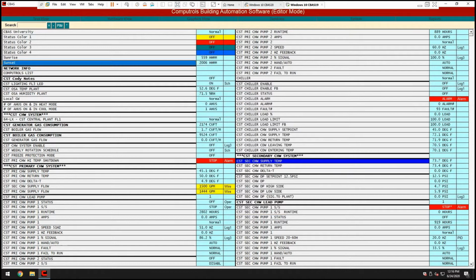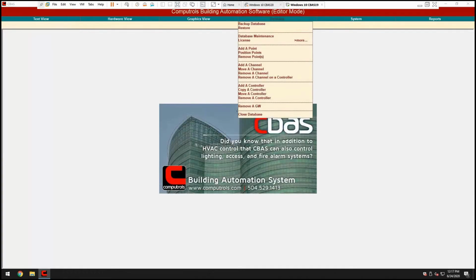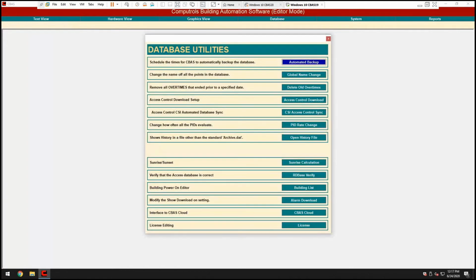You're also eagle-eyed. You may have noticed the sunrise and sunset points up here, which are some values that we can then use for lighting control and things like that. How do we get those into CBAS? Well, there's a formula that's math that's above my grade, where you can basically take the latitude and longitude of any point on the globe, and you can tell or predict what the sunrise and sunset time is going to be. The way you set that up, the way we tell CBAS where we're at, is we go to database